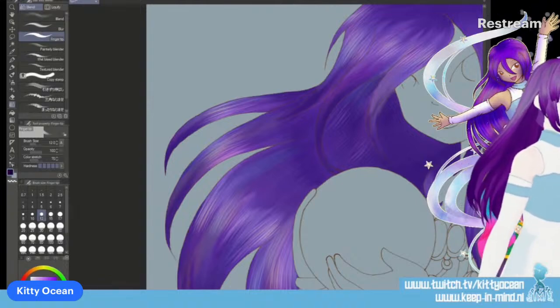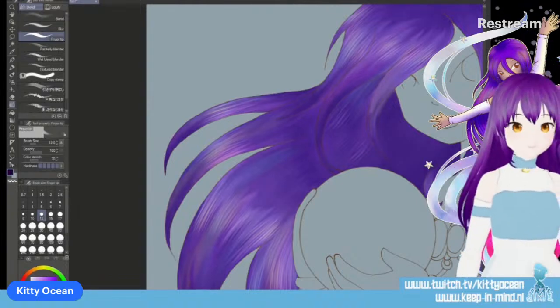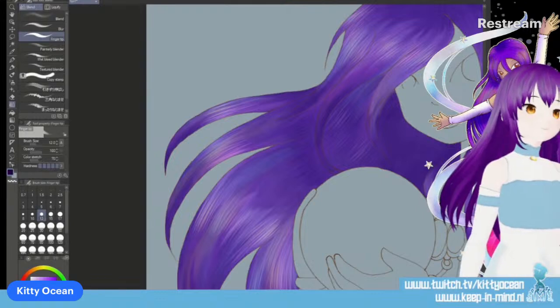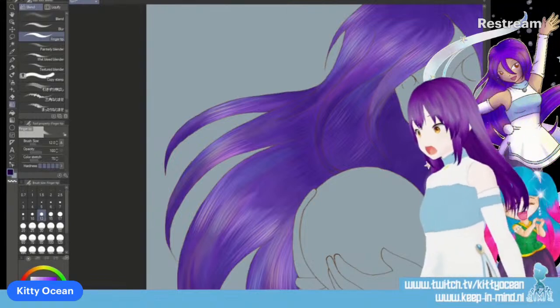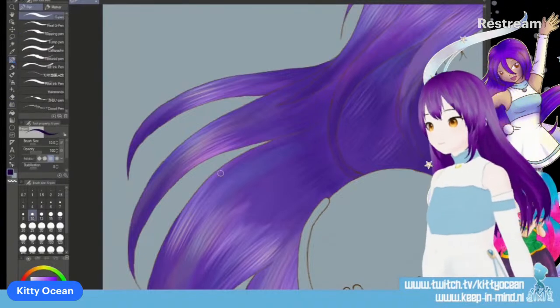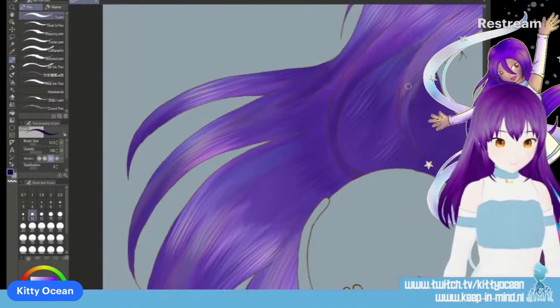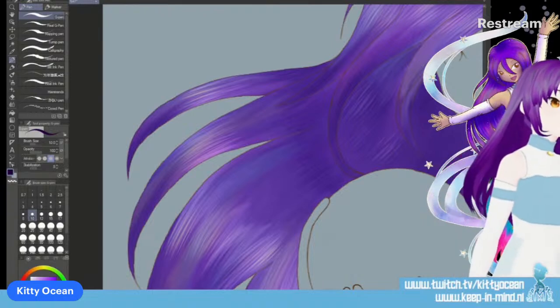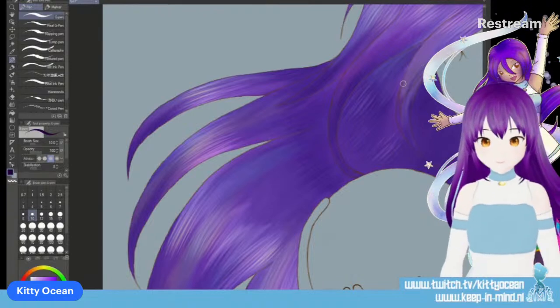Okay, this is way too dark. Is this better already? Okay. And now I need to add a bit of darkness. Is that in this layer?